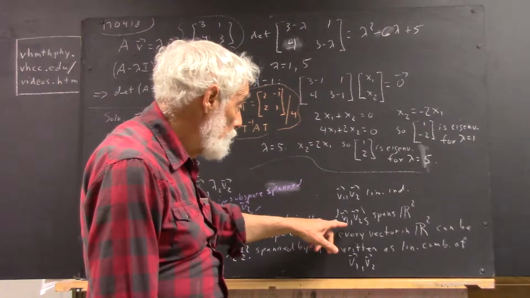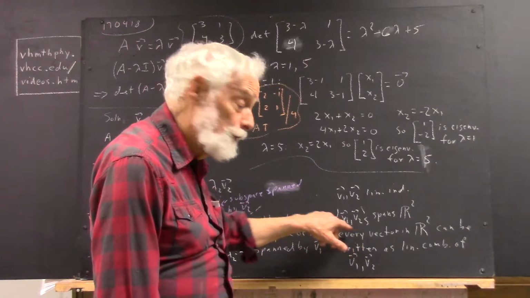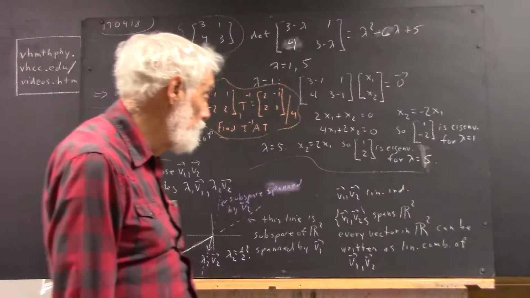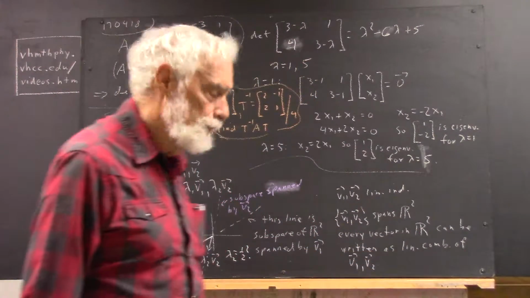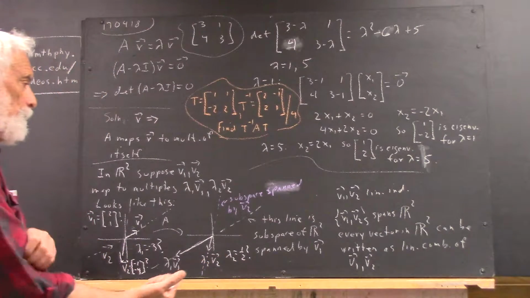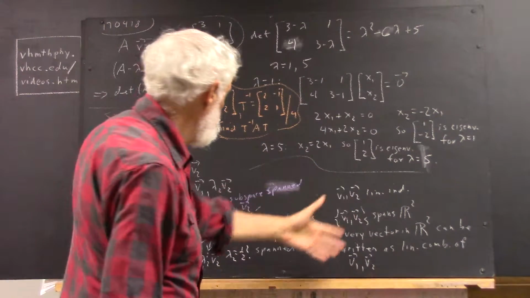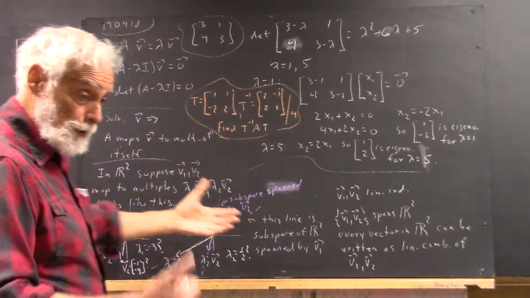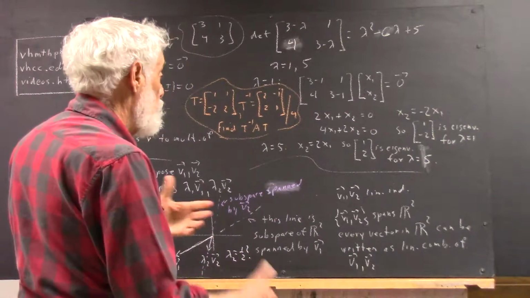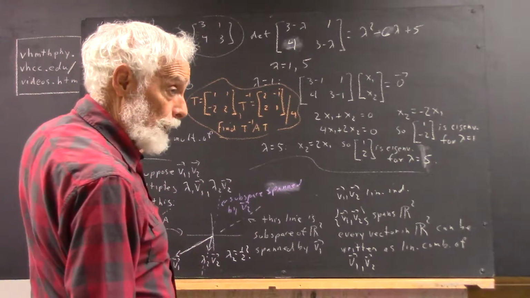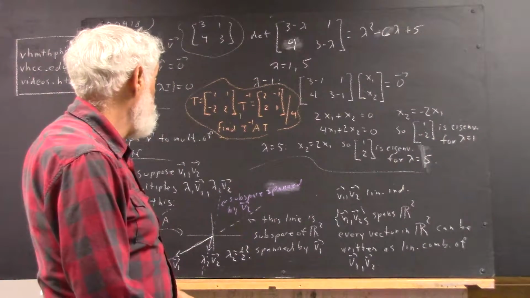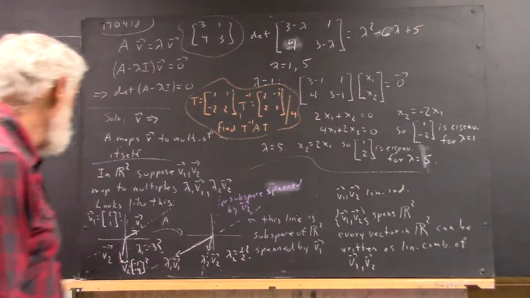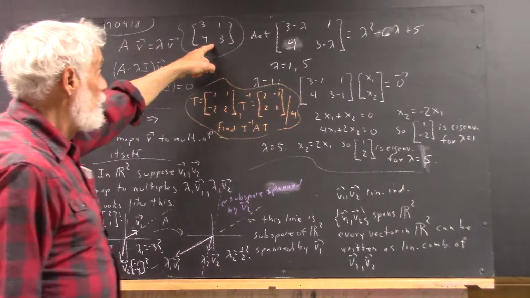Anyhow, the other thing we can say is that the set v1, v2 spans R2. Every vector in R2 can be written as a linear combination of v1 and v2. Now you should understand all this language and what it's telling you, and also how it extends into higher dimensions, in order to have a context for understanding what's going to come out of the analysis that we're about to do. Okay, well, in any case, we can find eigenvectors